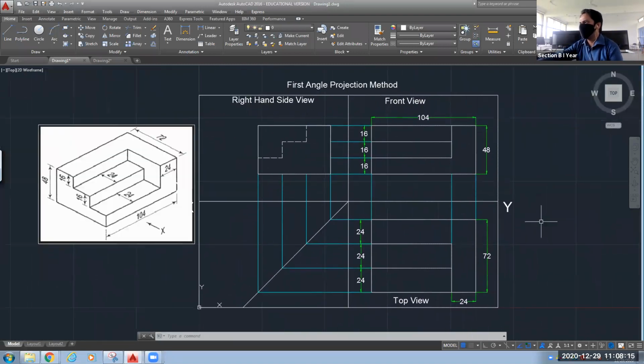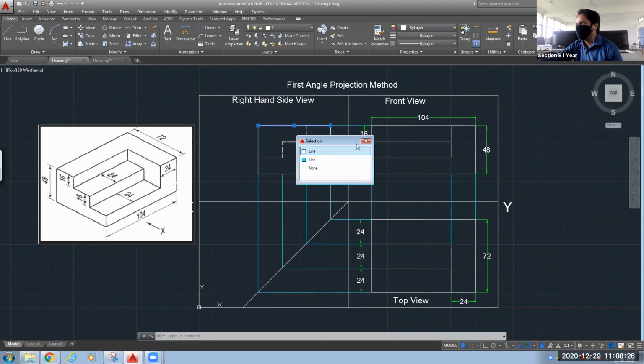All the views: front view, top view, and right hand side view. For better visibility, you can change the color of your main line. Here also we have two lines, so we can shorten this.